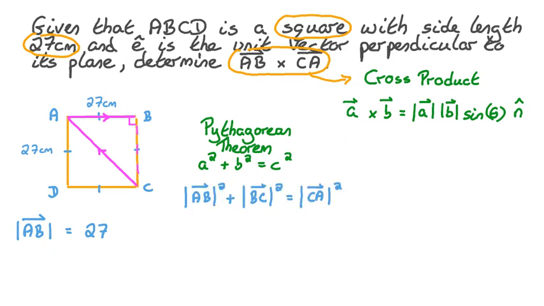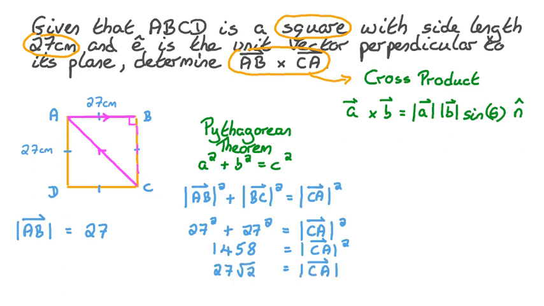In this question, we have the magnitude of AB squared plus the magnitude of BC squared is equal to the magnitude of CA squared. We know that the magnitude or length of AB and BC is 27. 27 squared plus 27 squared is equal to 1458. We can then square root both sides of this equation so that